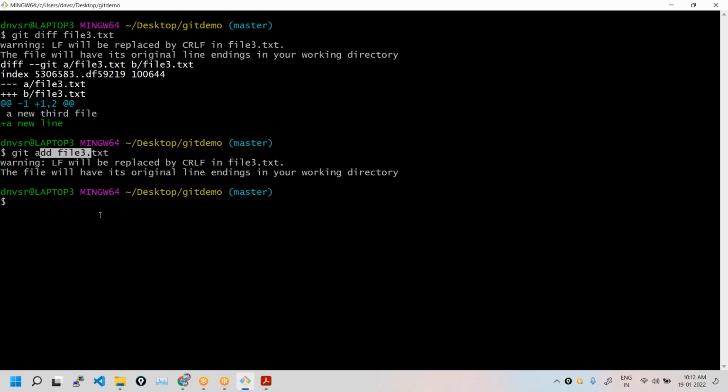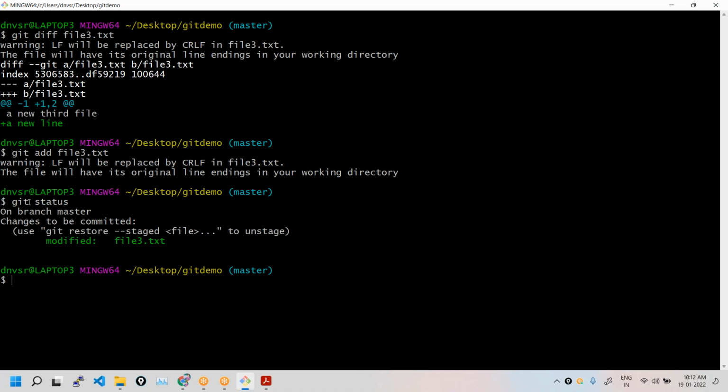I just added it. Is it having any unstaged change now? No. Obviously, there are no unstaged changes, right? So at this point, if you check git diff file name, there is no output